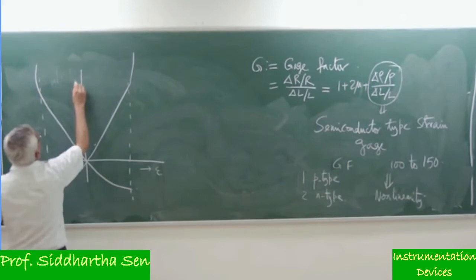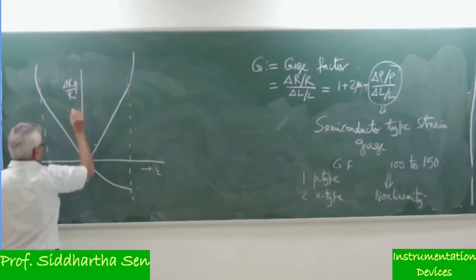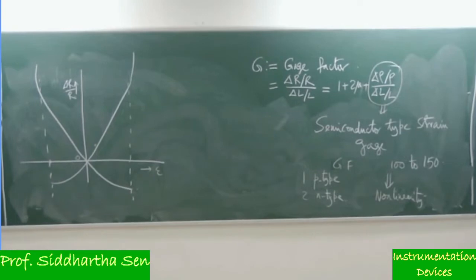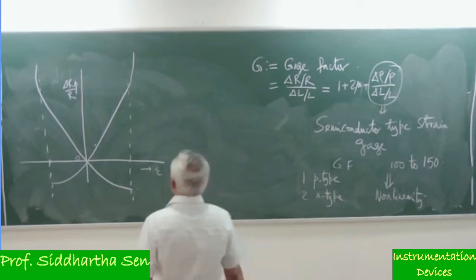So here it is delta R by R. This is your epsilon, and you can measure both the positive strain and negative strain. That means it could be under tension or it could be under compression. So the semiconductor type